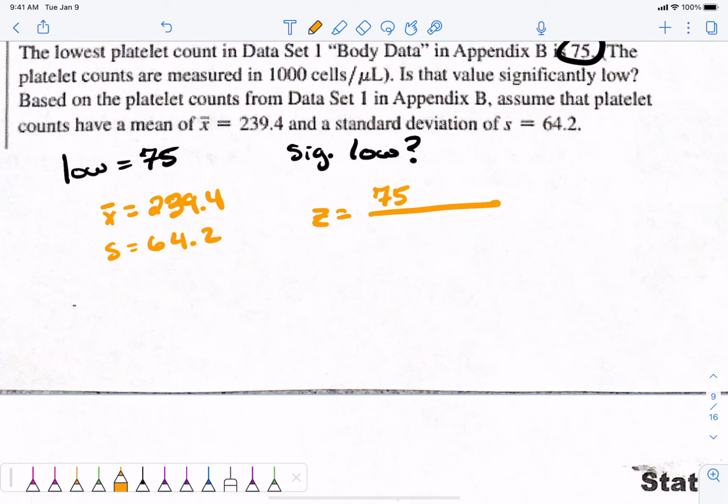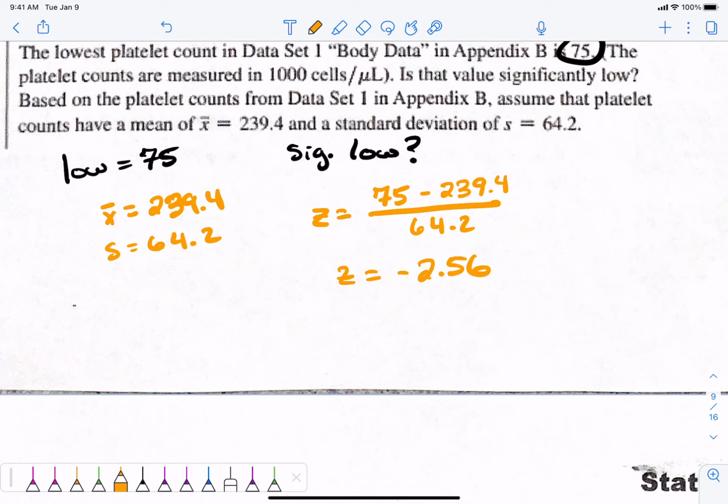75. The 1,000 is not a number that we're even going to use. That's just telling us how they're measured. They're just trying to throw extra numbers in there to confuse you. 75 minus 239.4 divided by 64.2. Is my z value going to be positive or negative? Because we are below average, right? And it is negative